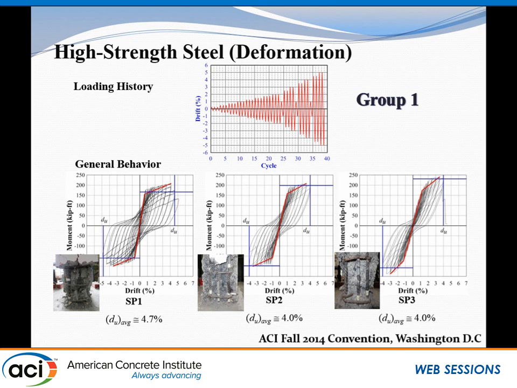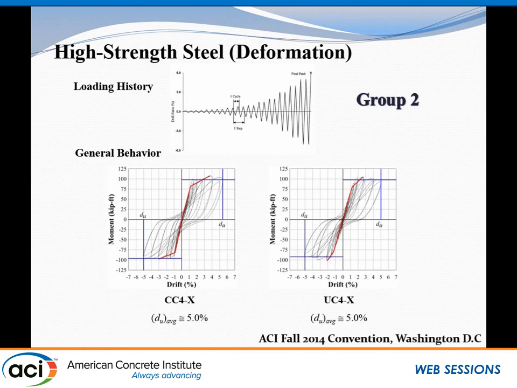drift capacity. That drift capacity here is defined differently from the first specimen. The ultimate drift capacity in specimen SP1 is defined as the drift where the load dropped 20% from the peak, while for SP2 and SP3 it is the drift capacity where the test terminated. I terminated the test primarily due to safety concerns because the rebar had already fractured, so I could not continue to push it.